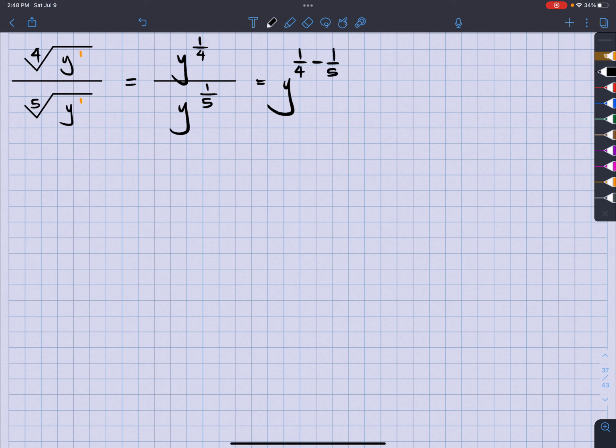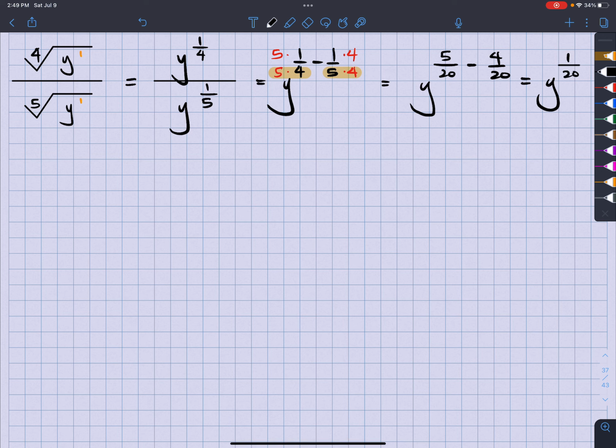Well, what do I need in order to add or subtract fractions? I need common denominators, so the sisters have to come into play. Check my denominators. Those are both 20s. Awesome. So what I have now is y to the 5/20 minus 4/20. So that's going to give me a y to the